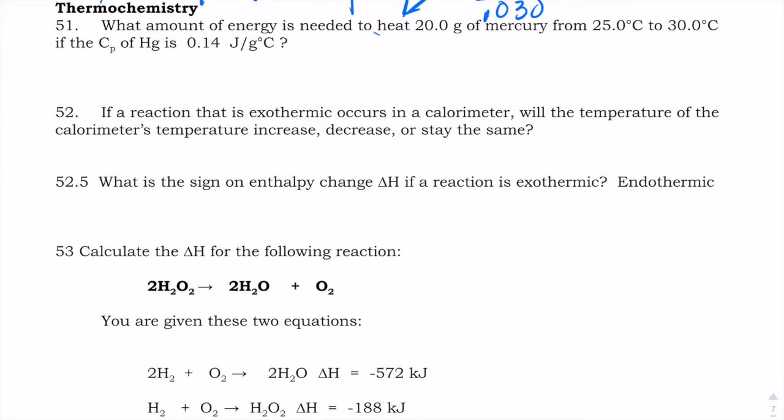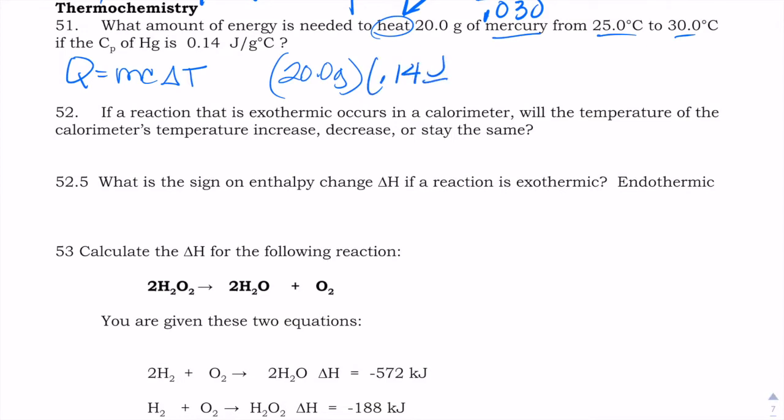That would indicate that we're going to have a temperature change. And yes, indeed, we are. So we're going to use the equation Q equals mcΔT. Our mass is 20 grams. We're heating mercury, and mercury has a specific heat of 0.14 joules per gram degrees Celsius, and our temperature change is 5 degrees. If I punch this into my handy-dandy calculator, also known as my phone,